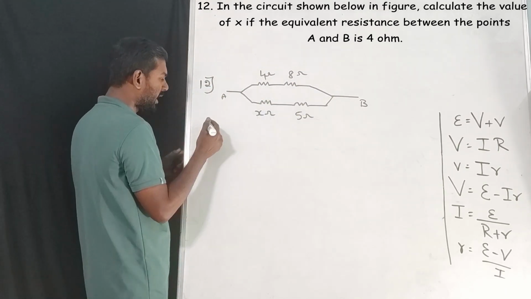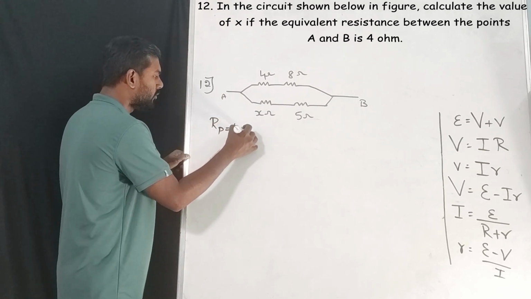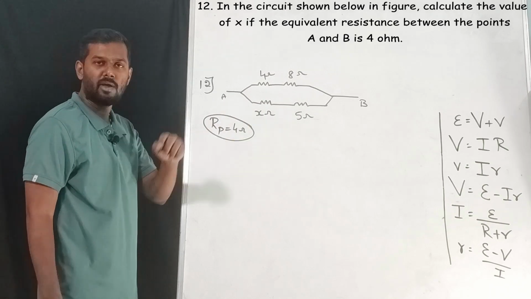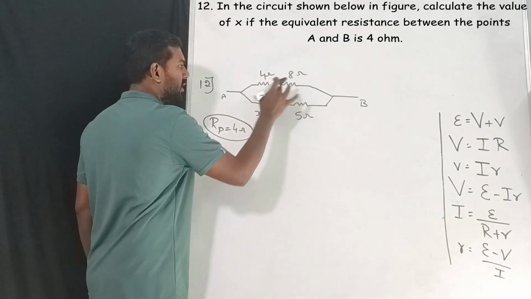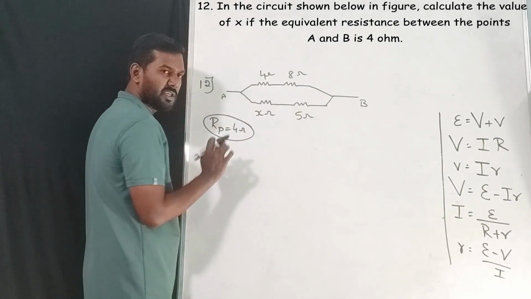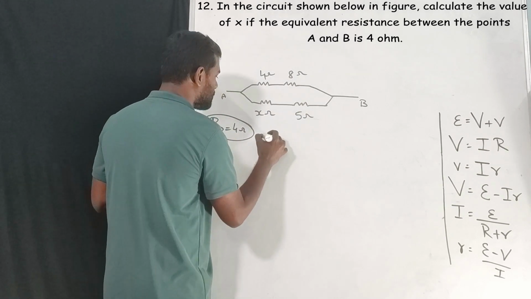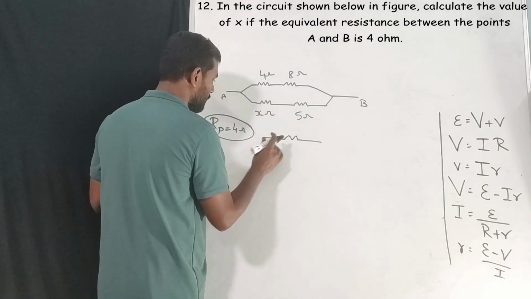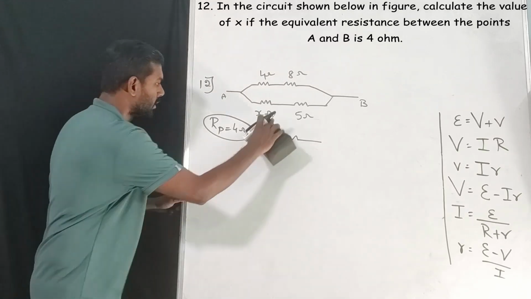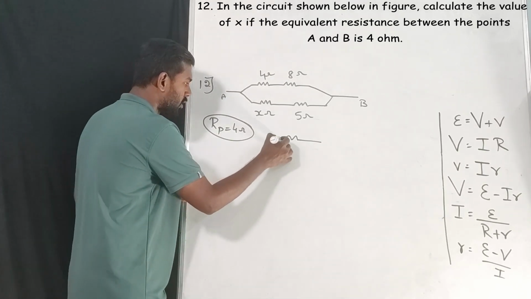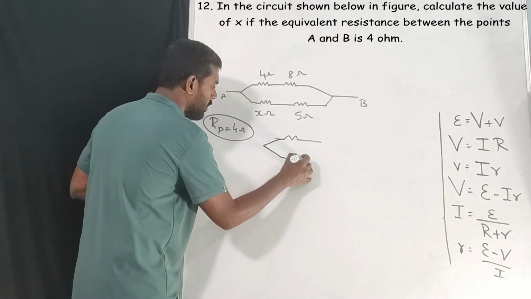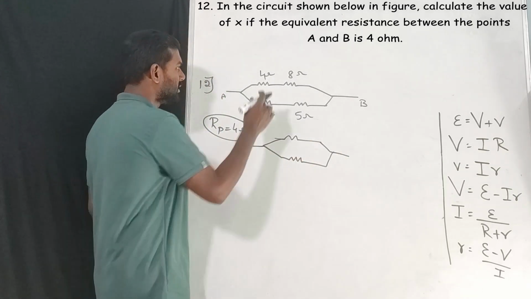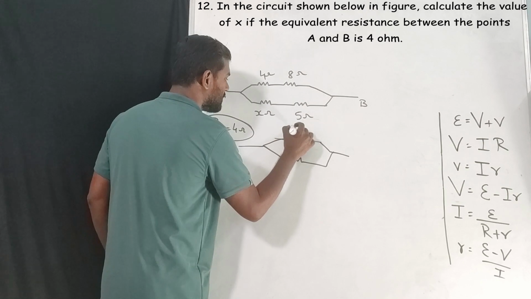So these two are in parallel, right? RP is equal to 4 ohm. This is the main hint. Using this one, we are going to find the value of X. See, these two are in series and these two are in series, correct? So if I can solve these two, that becomes like this. The diagram will become like this,